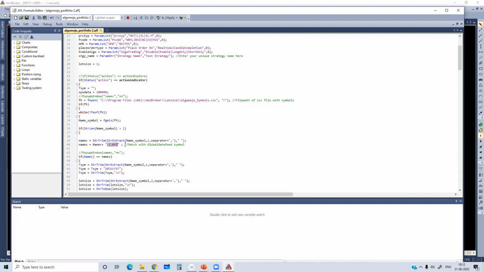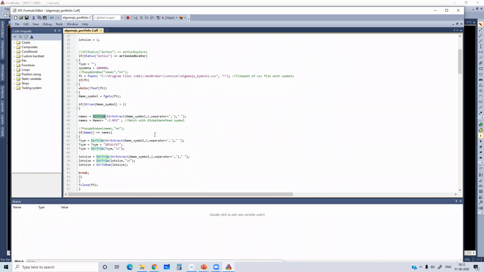So if you are using some other different way, then obviously you have to handle the functionality in a different manner. So now I'm also using str_trim to remove the white spaces. All right. So after that, I'm checking the global data feed symbol with the CSV symbol, to match the GDFL symbol.